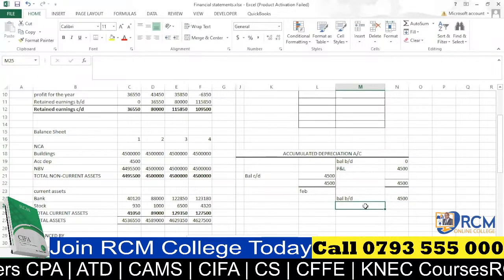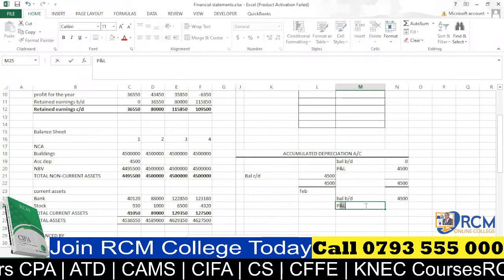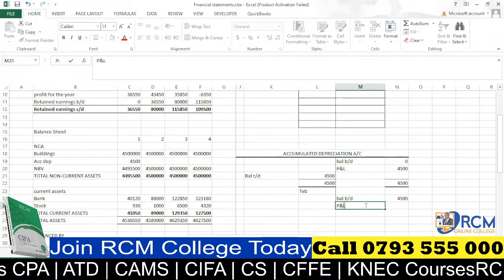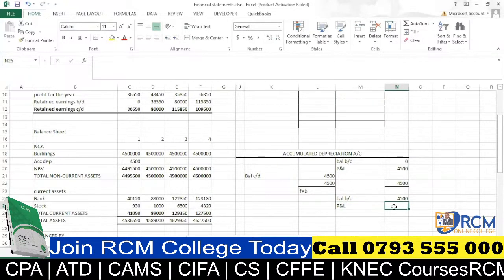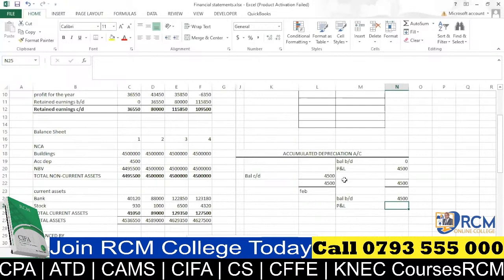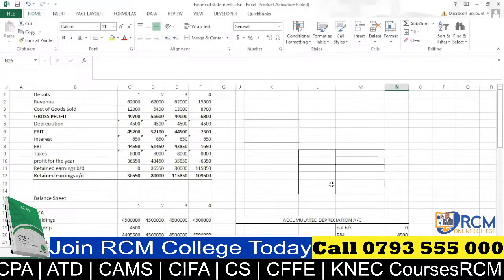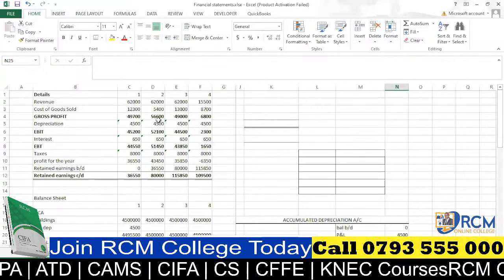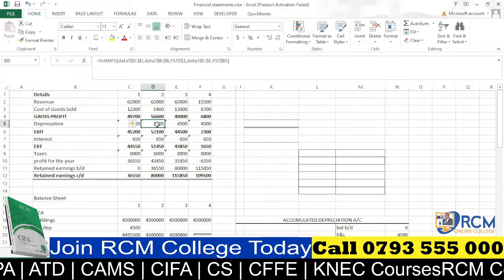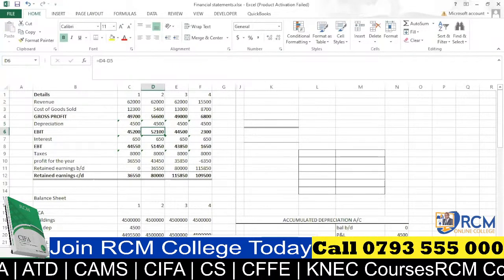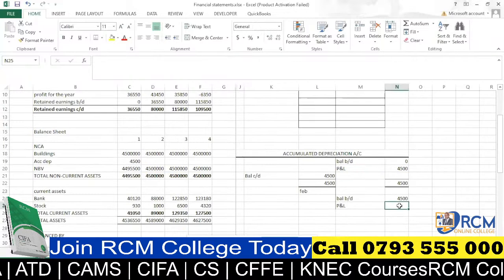And whatever is now going to come from P, profit and loss account, is the depreciation expense in the month of February, the second month. What is the value? If you check here, our depreciation expense is 4,500. So that is what we bring here to be